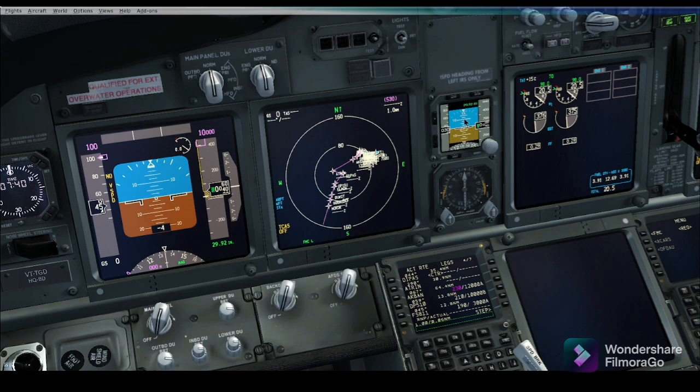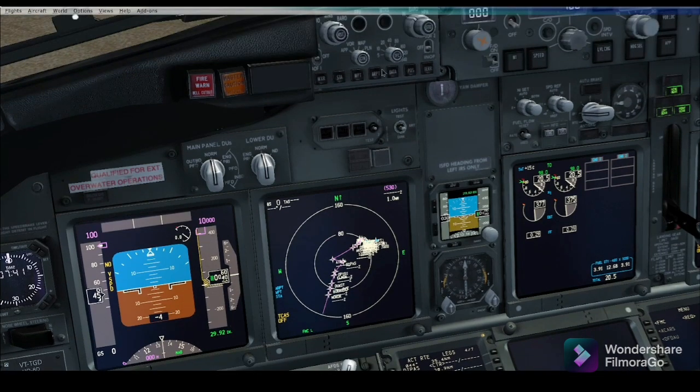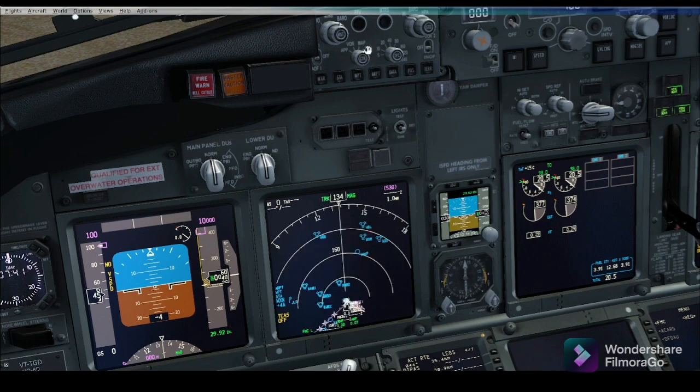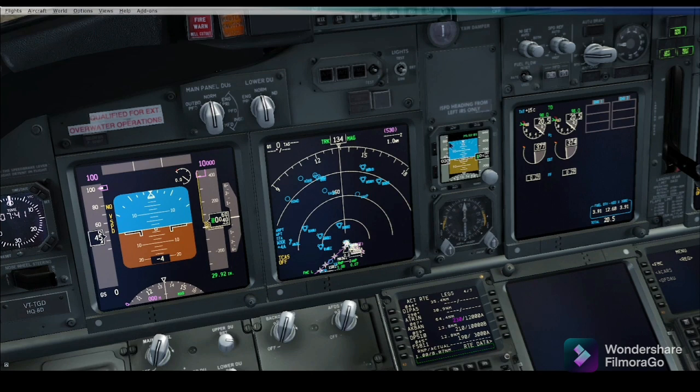These instruments provide redundancy in the event of failure of the primary EADI and EHSI, and combine the functions into a single unit. The backup EADI and EHSI is powered by a separate electrical source, which Boeing has set as an emergency alternate solution in the aircraft.